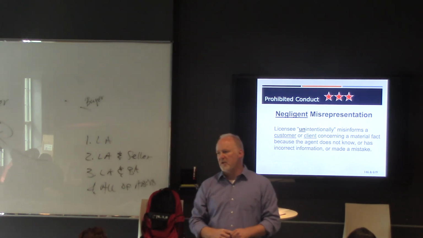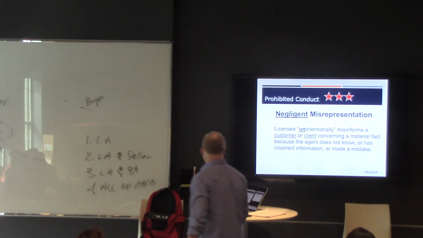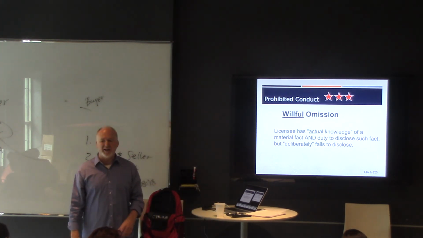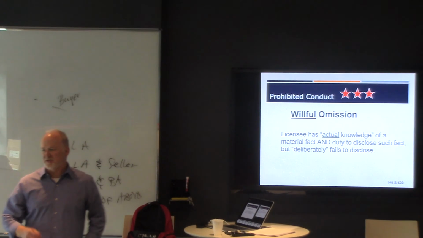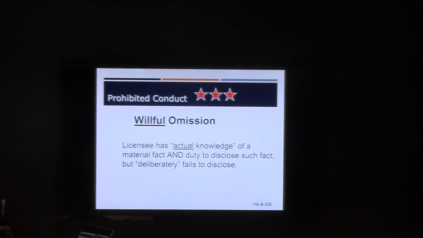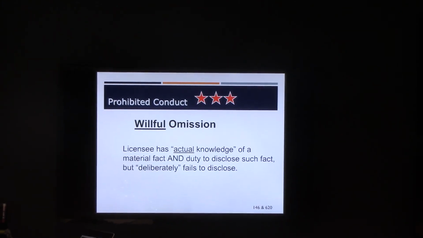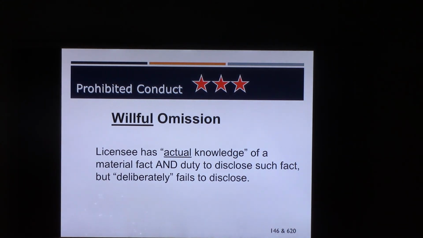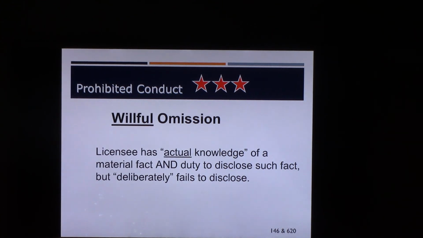Right? Okay. Let's talk about a willful omission. You had actual knowledge of a material fact, and here's what you said. I don't think they'll find that out, so I'm not going to say anything. But as an agent, you don't have that option. As an agent, if you know a material fact, you have to disclose it. Do you think you can do that? Willful omission. If you know a material fact, can you